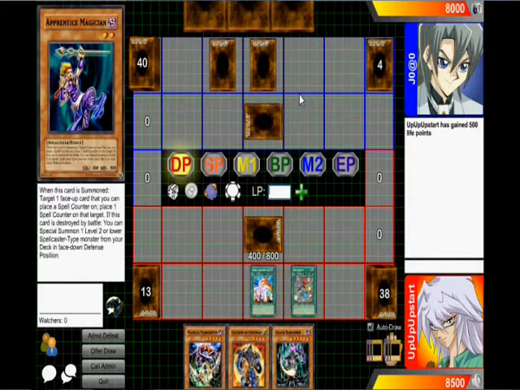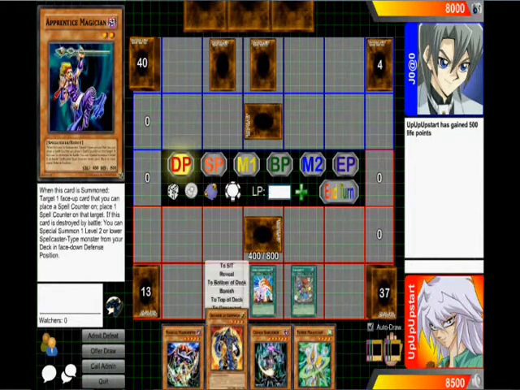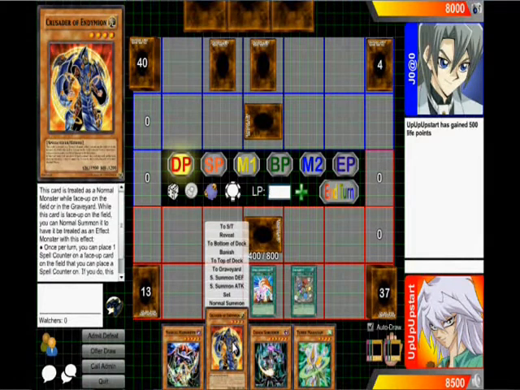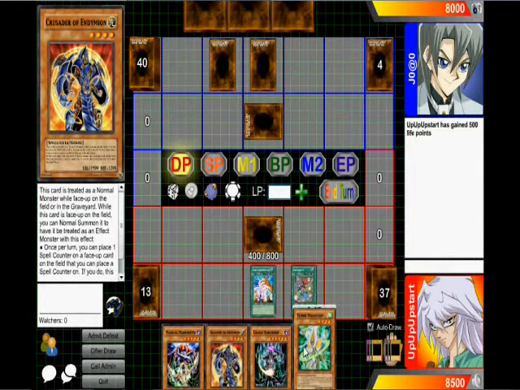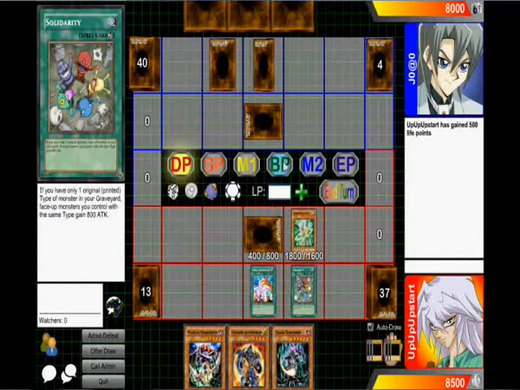Yeah, this was actually kind of a tough duel for me. I almost lost. So he lays a couple cards face down and then a monster face down. And I have Magician's Apprentice face down, and I summon my Tuned Magician,